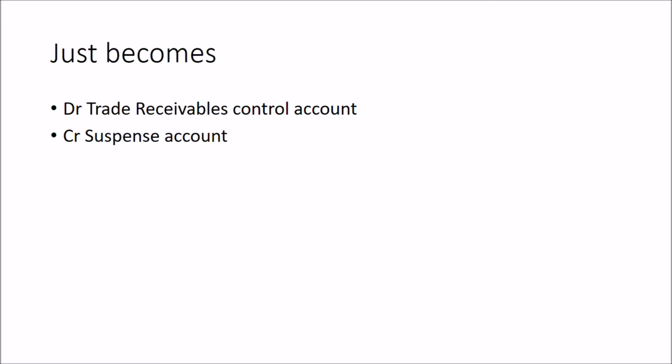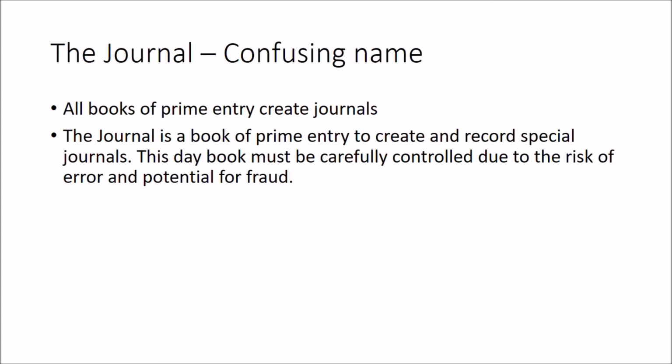That creates a good audit trail, but sometimes the examiner puts in this net difference journal. Okay, just in terms of the journal, it's a bit of a confusing name. In the introduction to bookkeeping unit, journals to the general ledger were posted using daybooks that have high volumes of transactions, so the sales and purchase daybooks, the sales returns daybooks, those kind of things really, and the cash book and the